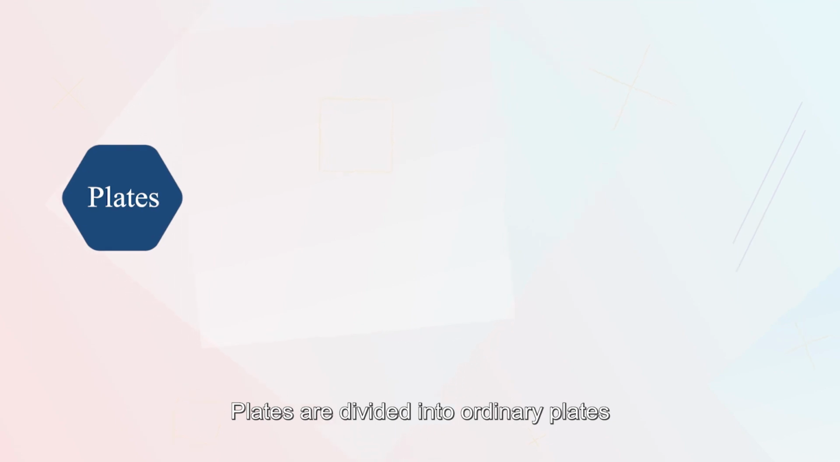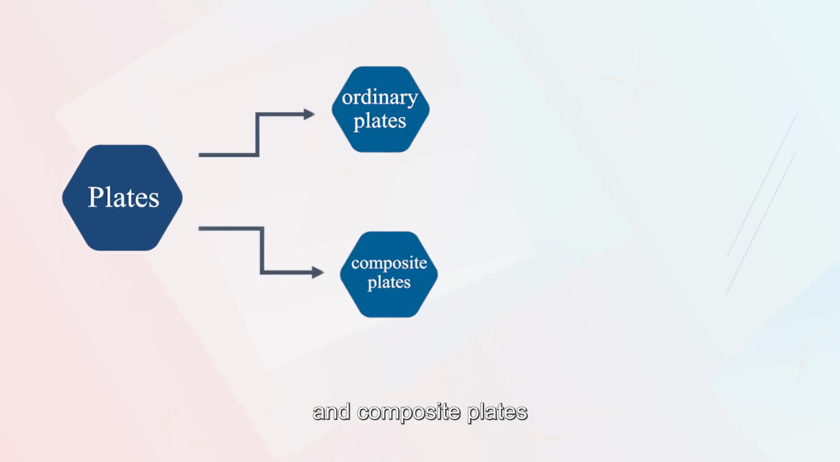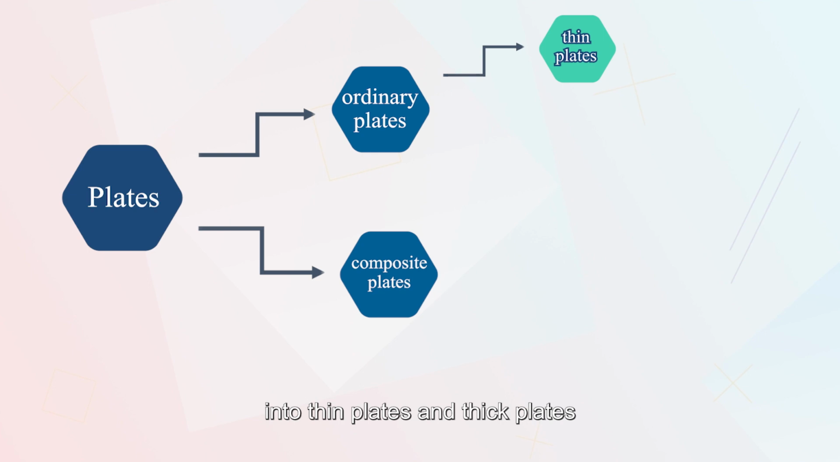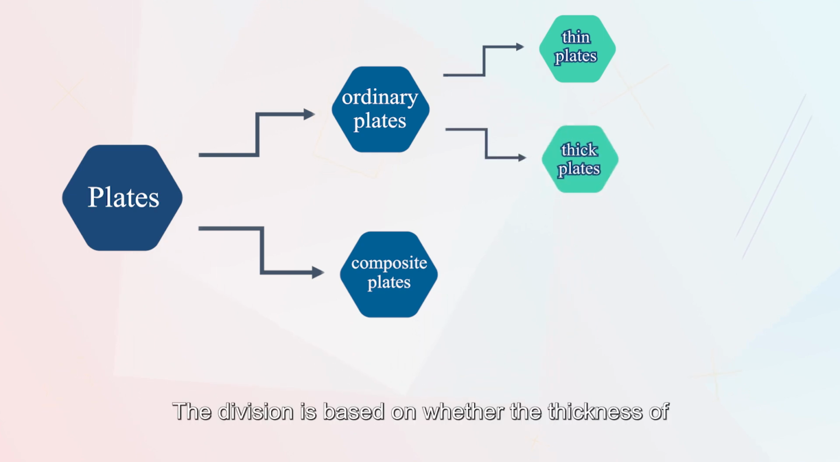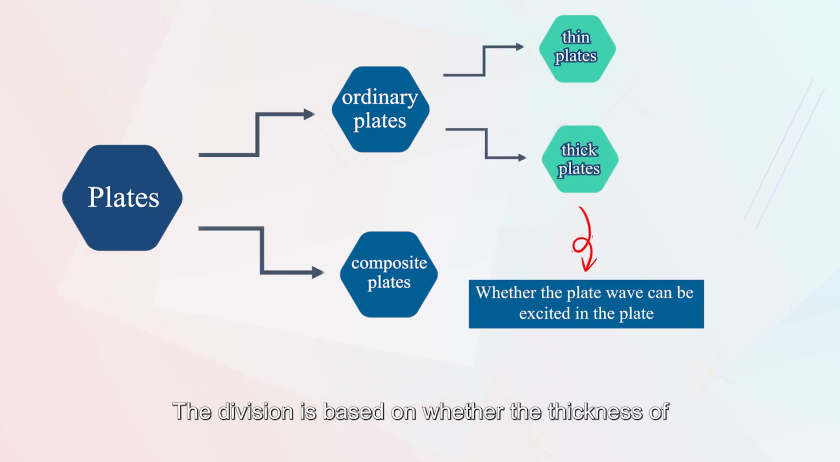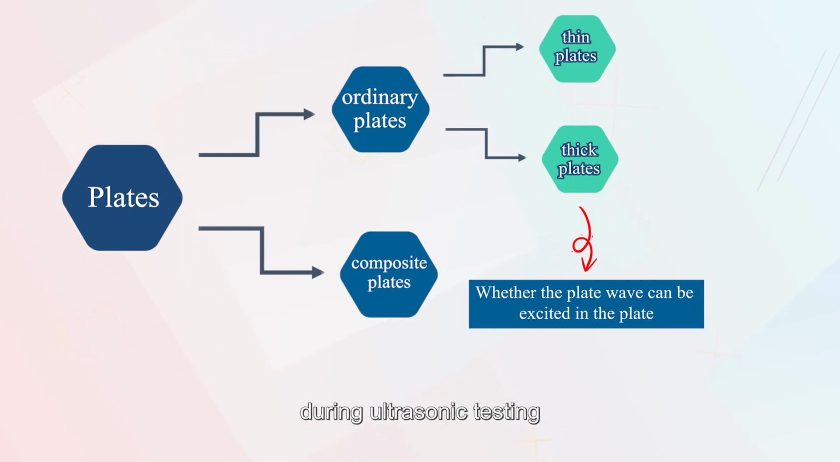Plates are divided into ordinary plates and composite plates, among which ordinary plates are the most widely used in industry. In ultrasonic testing, according to the thickness, we can divide ordinary plates into thin plates and thick plates. The division is based on whether the thickness of the plate can excite plate waves in the plate during ultrasonic